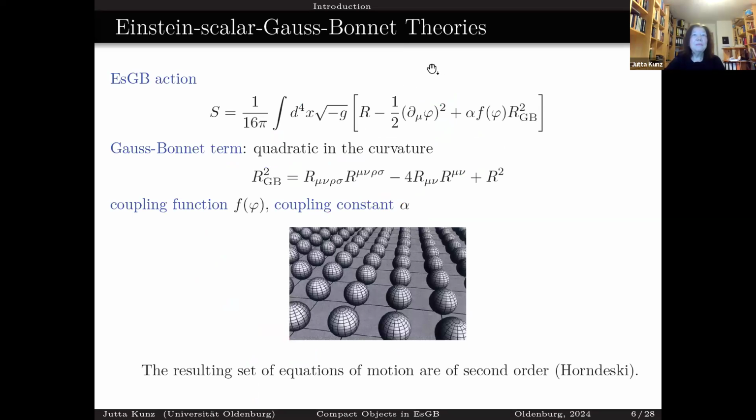And this is how these theories look like. Here we have the action, and here this is just the Einstein-Hilbert term. Then we have the free scalar field part, and then we have a coupling constant, which I mostly call alpha, a coupling function of that scalar field, and it's coupled to an invariant, the Gauss-Bonnet invariant, and this is how this invariant looks like. It's a quadratic curvature invariant,